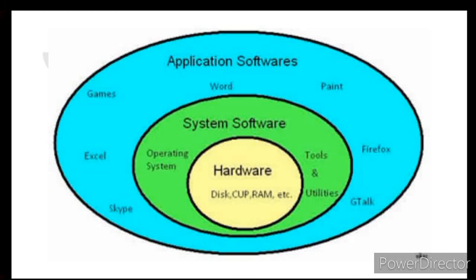Next is the application software. Application software, also known as an app for short, is a program or group of programs designed for the end user. Examples of application software include a word processor, spreadsheet, accounting application, web browser, an email client, a media player, a file viewer, a simulator, a console game and a photo editor.